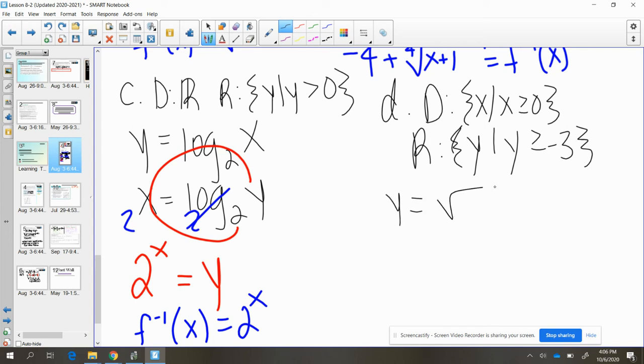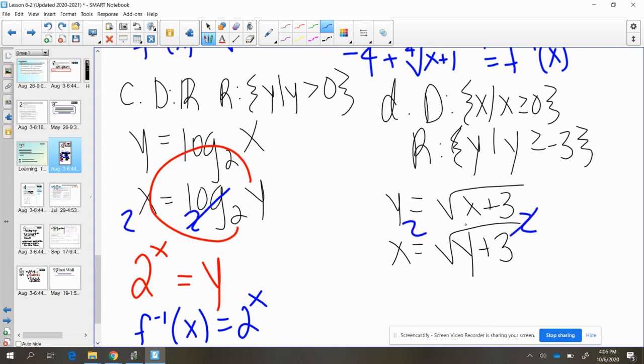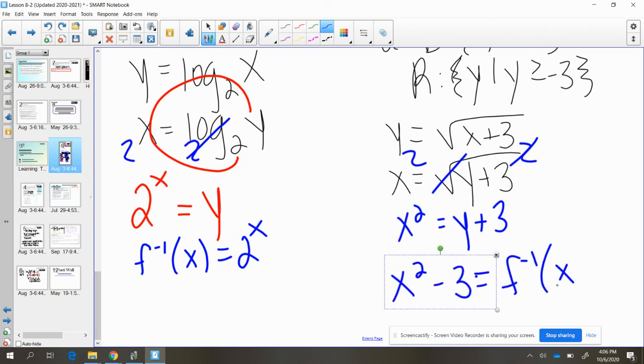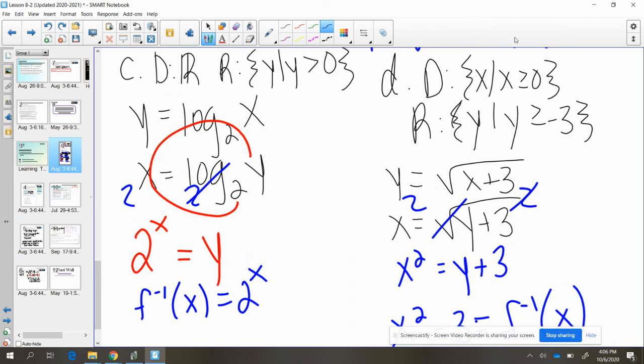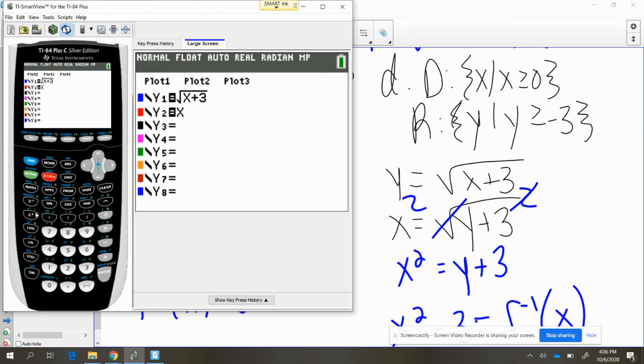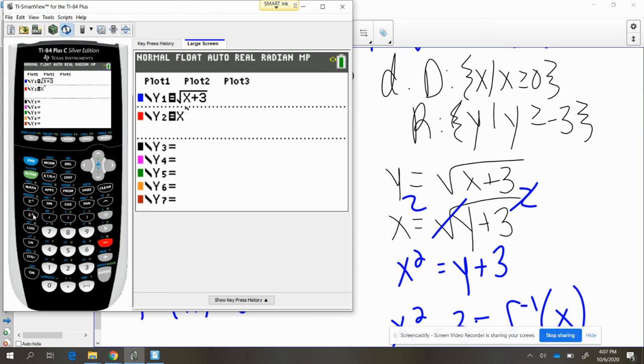was y equals square root of x plus 3, switch x and y. Reminder, to undo a square root, you can square. So we end up with x squared equals y plus 3, and subtract 3 to get our inverse, right? Now, this is why this restriction from the beginning is so important, because what we're about to see here is we want to make sure that we have these restrictions in place, because if we take x squared minus 3